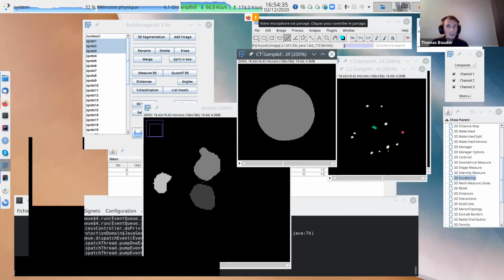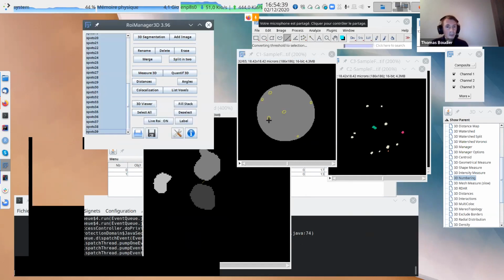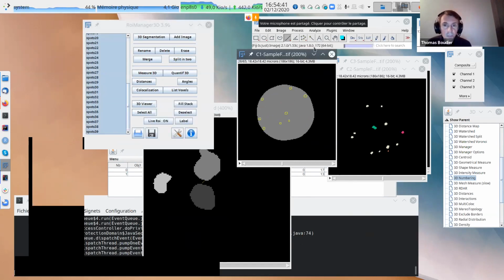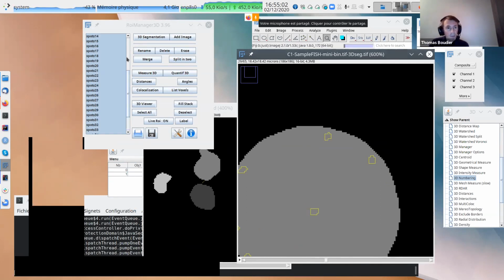So I take this spot and check: the border of this spot is not touching the border of the nucleus. So the border distance may be like 1 or 2 pixels, even if this object is within, because we consider the border of the nucleus.